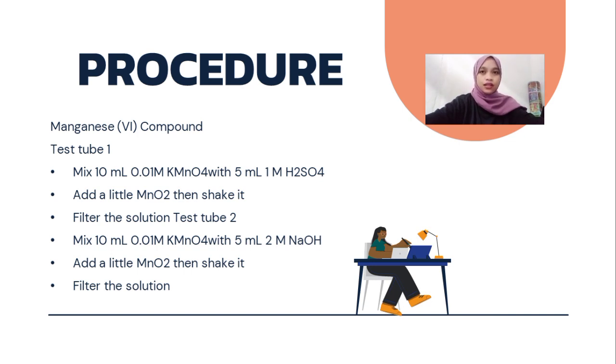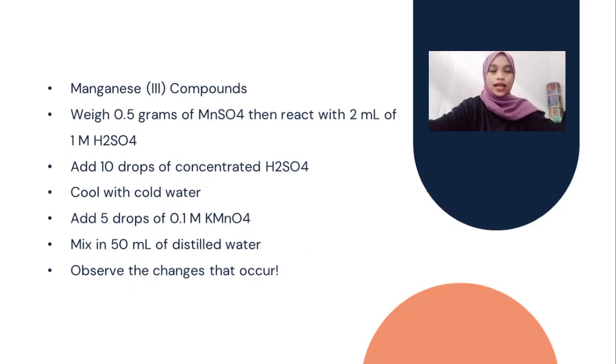Test tube 2. Mix 10 ml 0.01 molar KMnO4 with 5 ml 2 molar NaOH. And next step, add a little MnO2, then shake it. Last, filter the solution. Manganese 3 compounds: weigh 0.5 grams of MnSO4, then react with 2 ml of 1 molar